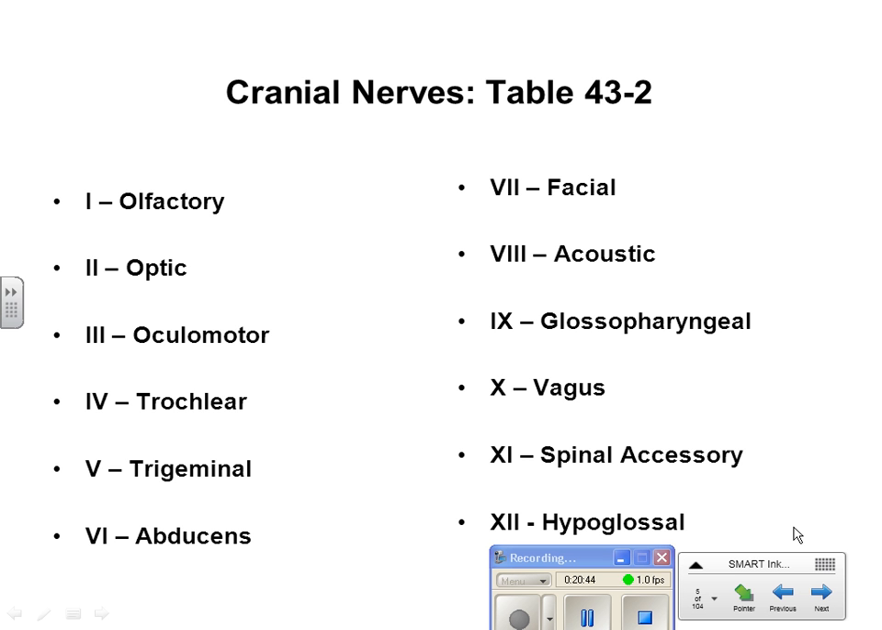Spinal accessory, motor or sensory? Motor. And that's going to be your neck strength, your ability to shrug your shoulders. So that's, again, part of that neurological assessment where they're asking you to shrug your shoulders to see how your cranial nerves are working. And finally, the hypoglossal,